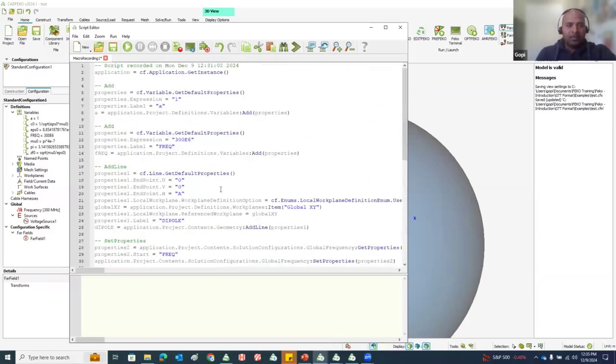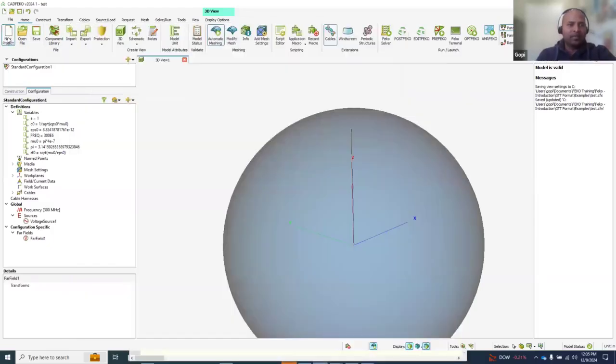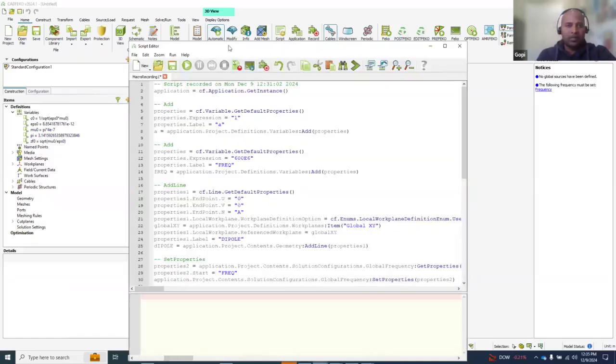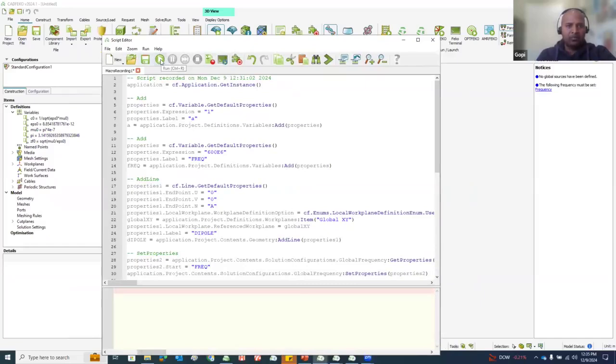Now to automate, let's say instead of solving this antenna at 300 megahertz, I want to solve it at 600 megahertz. All I need to do is simply change my frequency value to 600 and rerun the script. So let's say in the background, I start with an empty project. Now you can see there are no variables and no geometry in the 3D view. But if I run my script now,